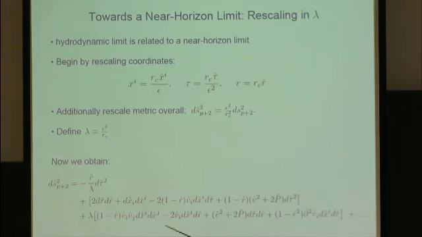Just to kind of point out a few things for you. The epsilon to the 0 terms that were Rindler space have now become 1 over lambda terms and terms that are power lambda to the 0. And similarly, we've moved around some of the terms. This was an epsilon to the first power term. Now it's a lambda to the 0 power. This was epsilon squared. It's also lambda to the 0. So we've apparently mixed which terms are which in the expansion. But actually what we've really done is we've made explicit the dependence on epsilon.